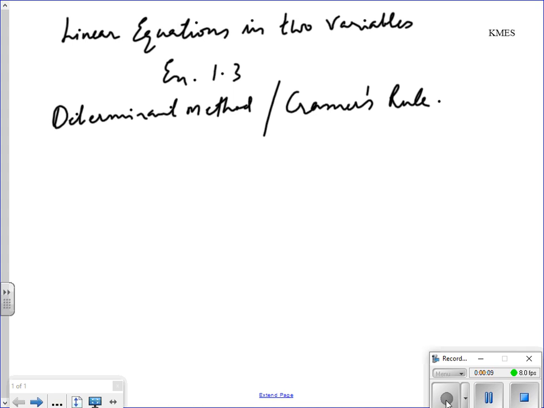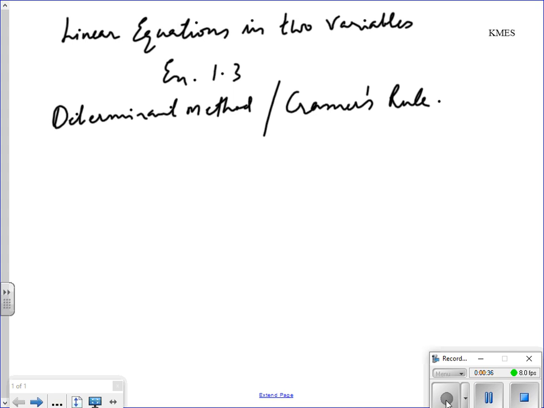Our topic for today is linear equations in two variables. In lower class you have already studied different methods of solving linear equations in two variables, which include the equating the coefficient method and the substitution method. This year you have studied the graphical method,